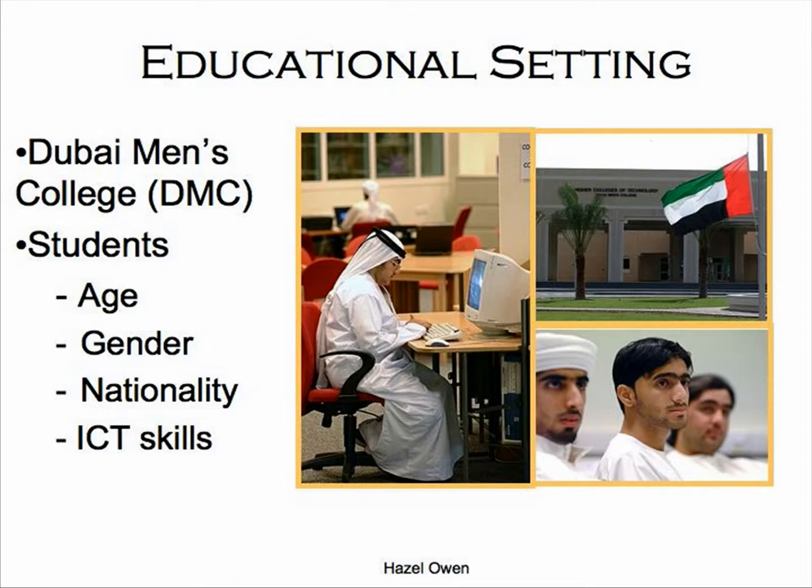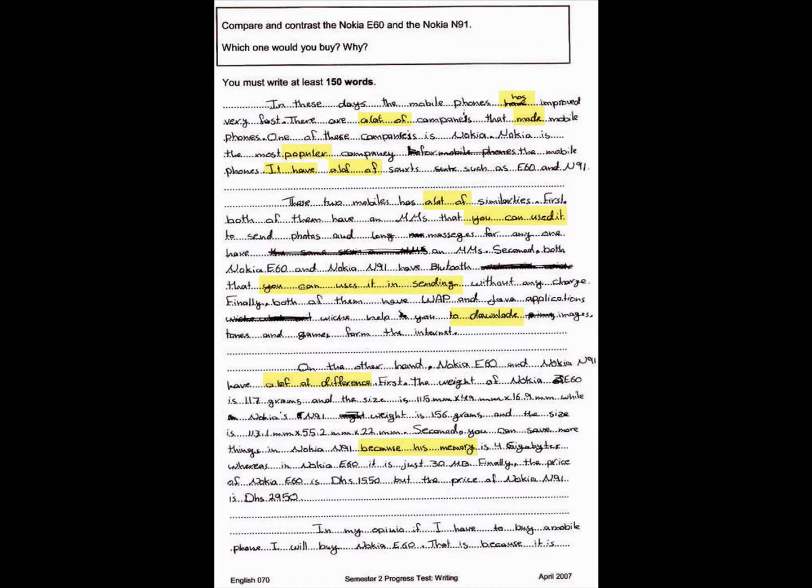At Dubai Men's College, we were working in higher diploma foundations. All of the students there are Emirati males whose first language is Arabic. The majority of the students are between the age of 17 and 30, and some of them are working whilst studying. Most of the students have problems with writing proficiency, and this was contributing to a 25% failure rate in